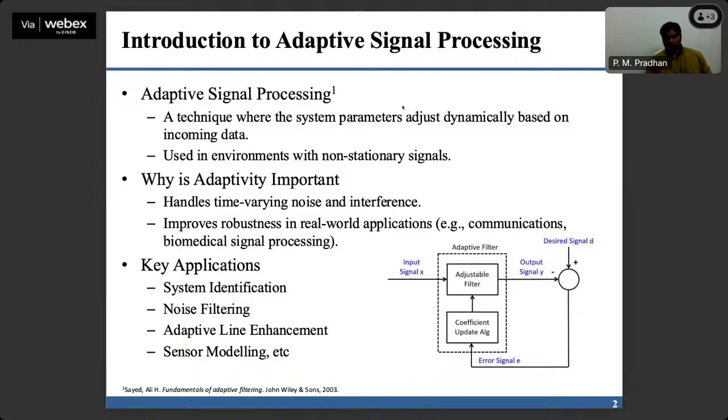And we can see in the block diagram that we have some input signal X, and we have some desired signal D. Okay, and we have an adaptive filter through which the input signal X passes. We get an output signal Y, which is subtracted from the desired signal D, and we get the error signal E. And we use this error signal to update the adaptive filter using some kind of algorithm. There are lots of algorithms which can be used to update the filter weights. The filter weights are nothing but a set of multipliers or weights which need to be tuned